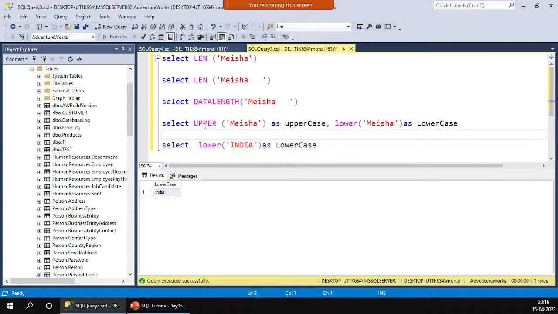These functions, upper and lower, are important when there is a lot of data or description, like in any field where the description is written. Then